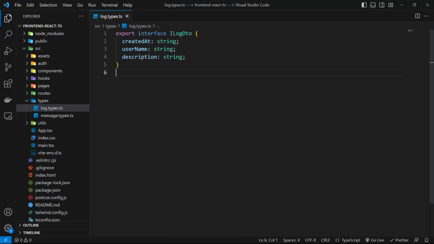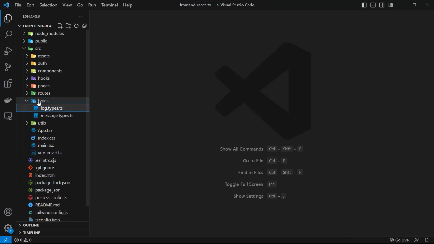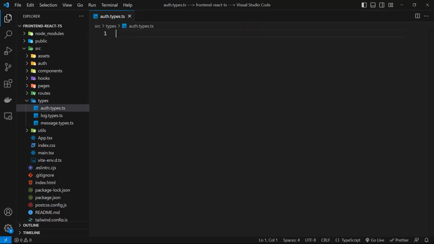Here I simply use this iLogDTO interface. That's it. So let's close this and create a new one. So let's right click and create a new file with name of auth.types.ts, and here we can create some interfaces. The first one will be export of interface of iRegisterDTO, which is an object, and inside of this iRegisterDTO, I